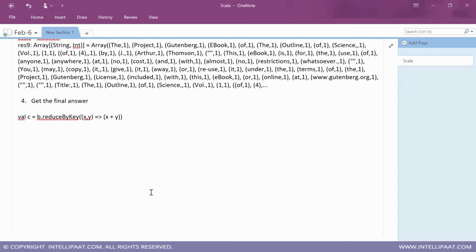Now what you need to understand is that by default, when you use reduceByKey, it will assemble all the values of a given key. Okay, so what am I saying here? I am saying that if you use reduceByKey, it's going to assemble all the values of a given key. So let's suppose